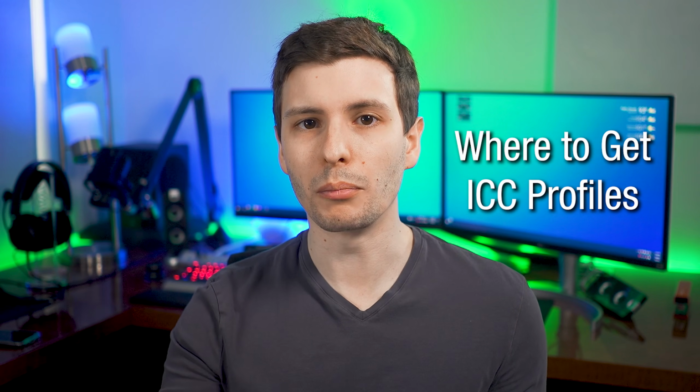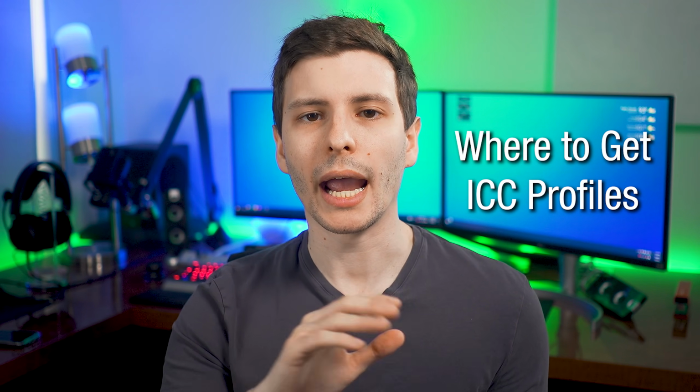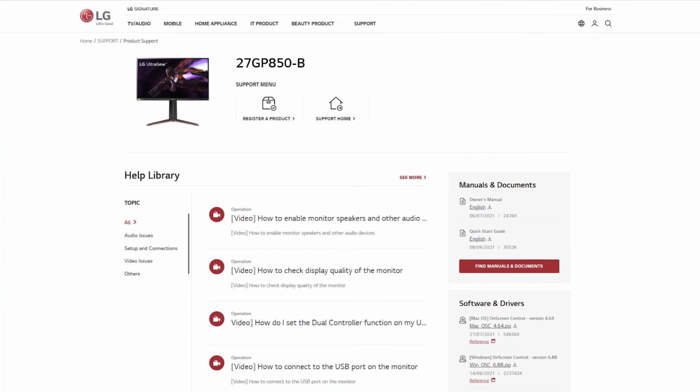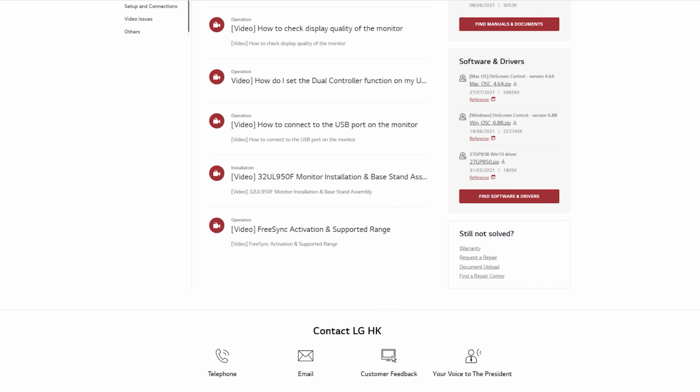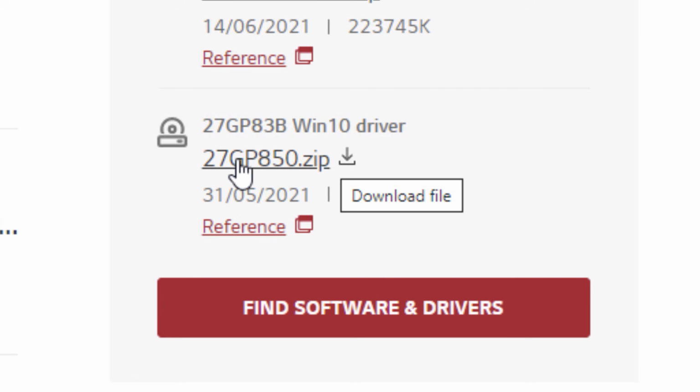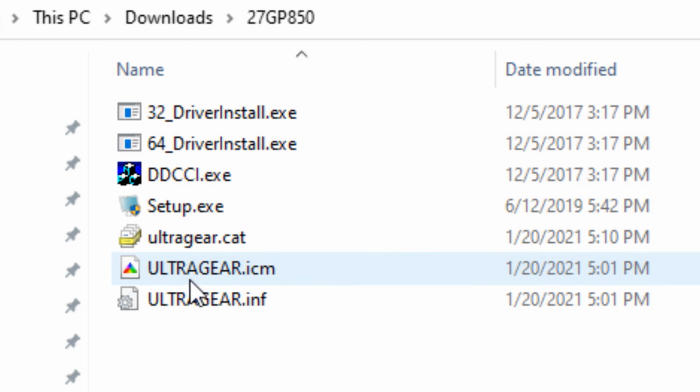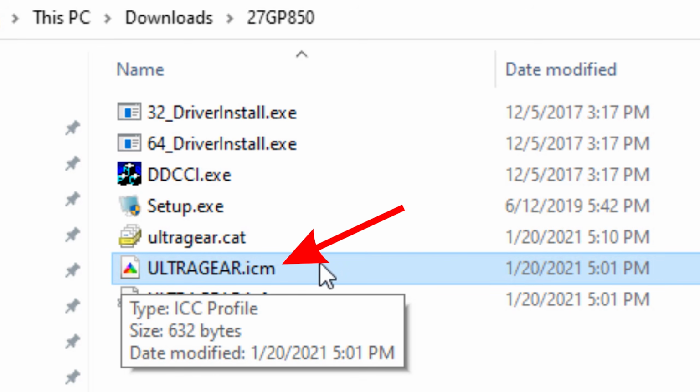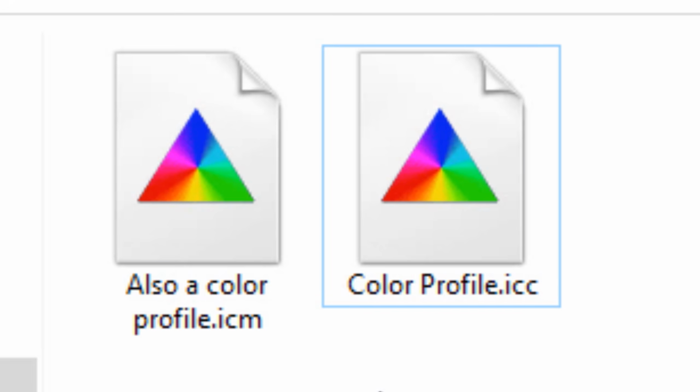All right, so now that you know why it's important, let's talk about where to actually get an ICC profile for your specific monitor. Now, probably the easiest, simplest way is to maybe look on your manufacturer's website. Also the disc that came with the monitor might have it. For example, for my LG monitor, it actually was included in the same zip download as the drivers. You just open it up and it'll either be an ICC profile, .icc file, or .icm. They're the exact same thing. It's just that Windows, for some reason, by default calls it ICM, but they are exactly the same no matter the file extension, ICC or ICM.